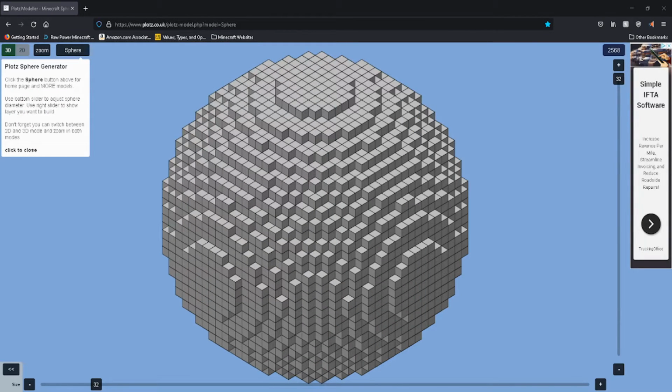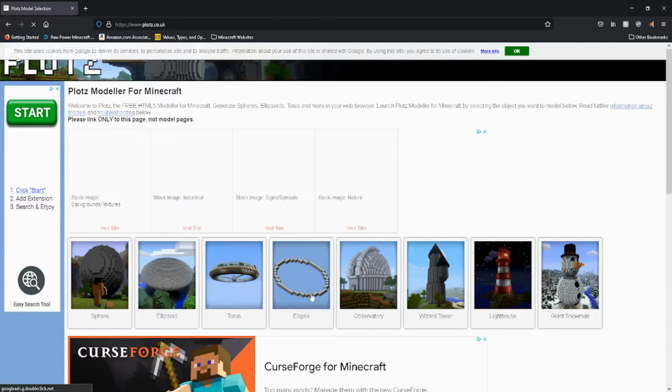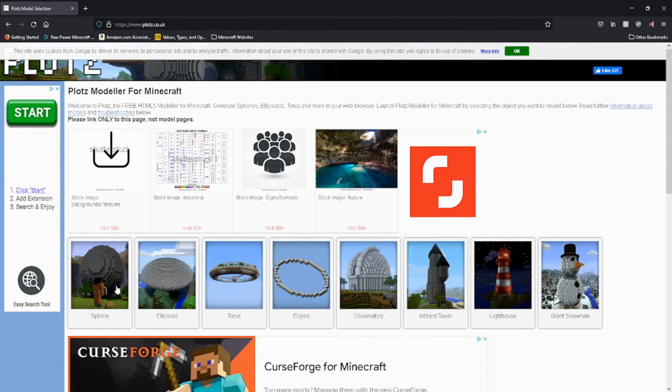The second website I'm going to recommend is plots.co.uk. This was recommended to me by my buddy Fullbump as we were building out a circle around an ocean monument, because what you can do is you can actually plot out circles. So you can do spheres, ellipsoids, I think, toros, which looks like a kind of big donut, ellipse, observatory, wizard tower. There's tons of stuff on this site that you can use, but the main one I like to use it